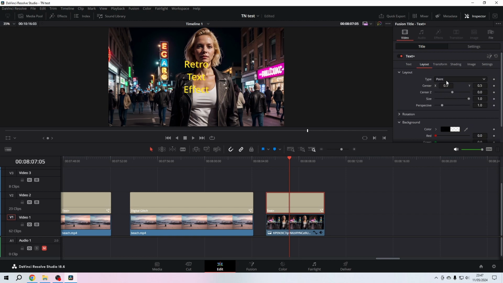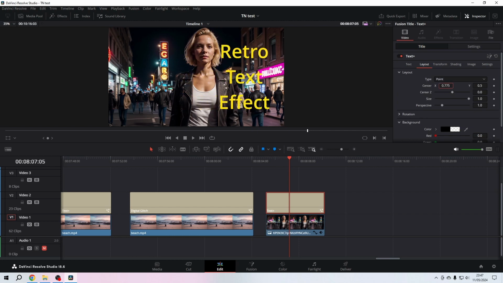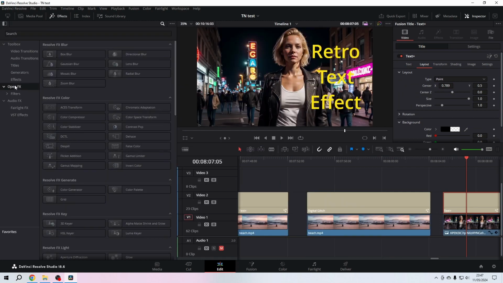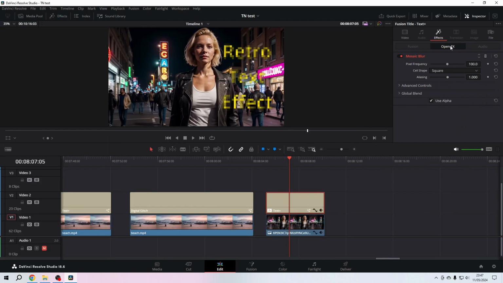Make it a little bit bigger and put it to the right side, just because. And then I'm going to throw a mosaic blur on it. So I go to the effects library, go to OpenFX, look for the mosaic blur, close the effects library, go to the settings in the effects in the inspector, and then I can play with